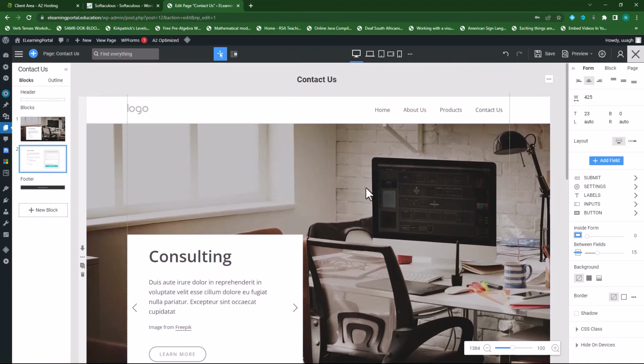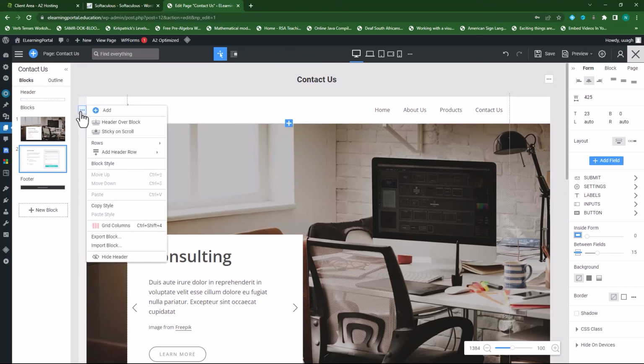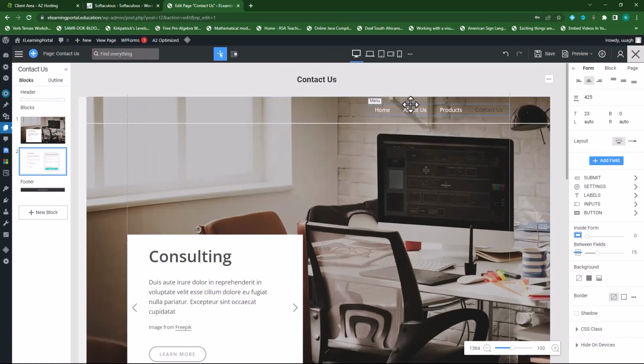Now for the heading here, or the menu here, you can increase the size, but you'll see next to, in line with your logo, if you hover over the three ellipses, you can use this feature, header over block or sticky on scroll. If you click on header over block, it will actually move over your image. If you save it now,